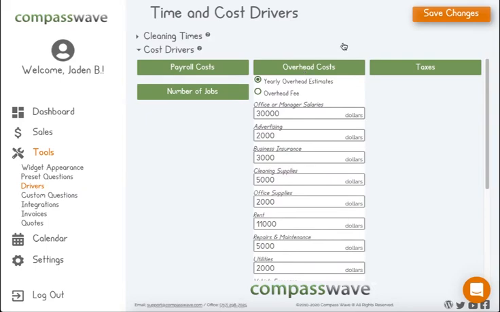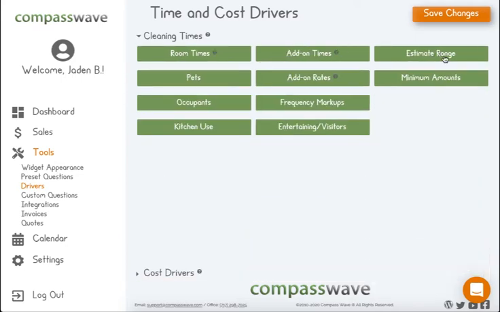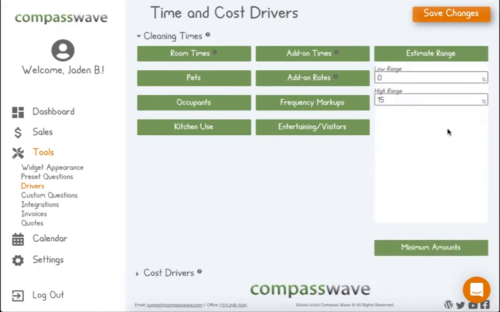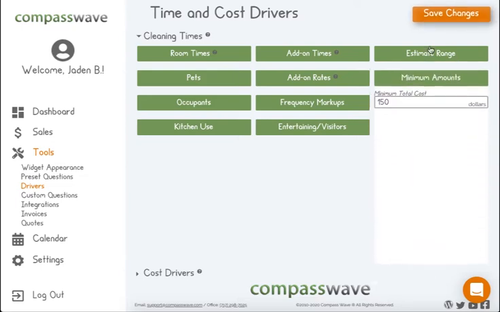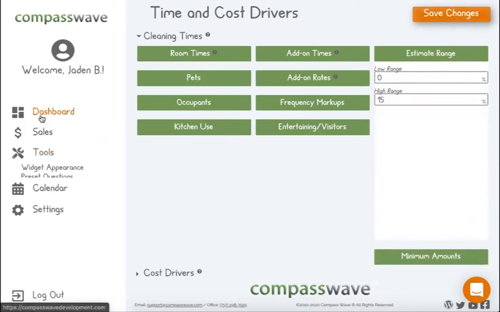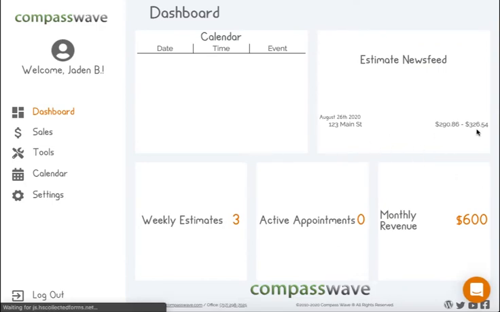So I'm on my driver's page here. I came back actually after doing an estimate as a customer. And I wanted to show you these last two sections over here under the cleaning times section. They're very important. The estimate range section here and the minimum amount section. So I'm going to show you here in the dashboard, by the way. This is what it'll look like once you get an estimate. And you'll see here in our news feed